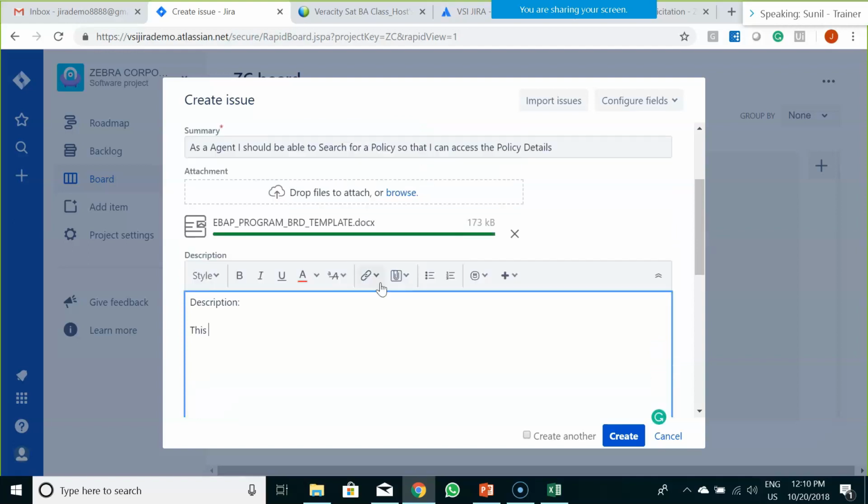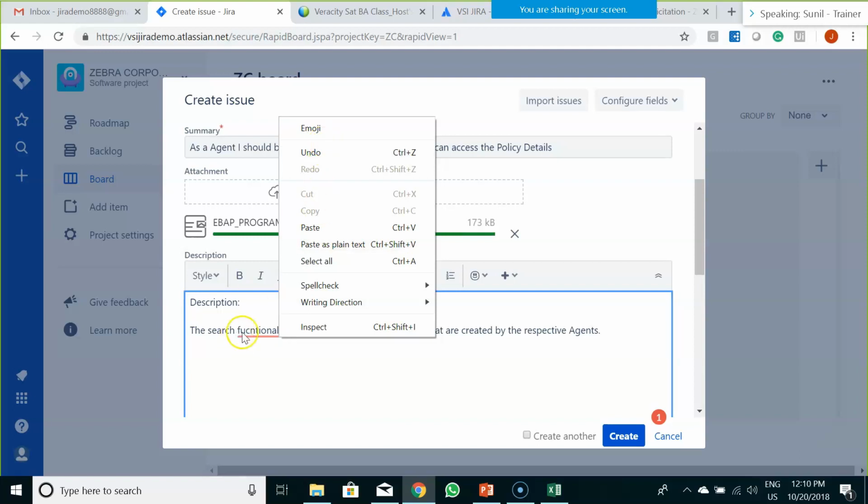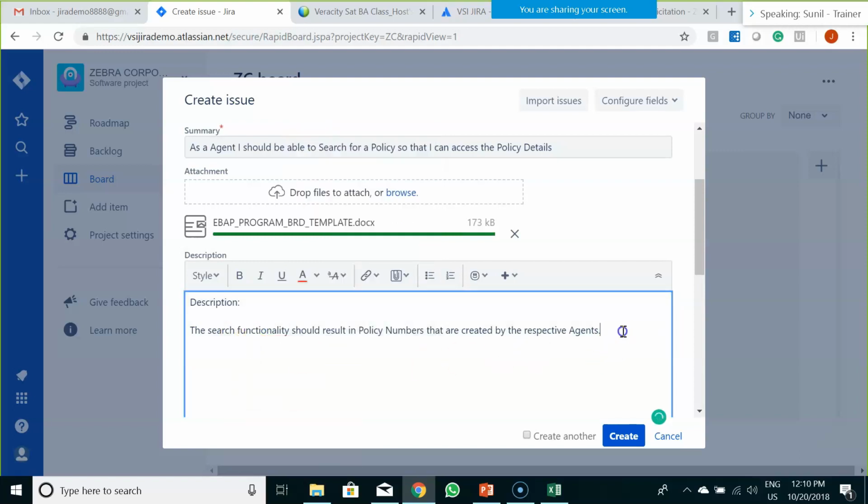We have to write it for this particular functionality: the search functionality should result in policy numbers that are created by the respective agents. Why respective agents? Because there could be multiple agents available in that particular system.